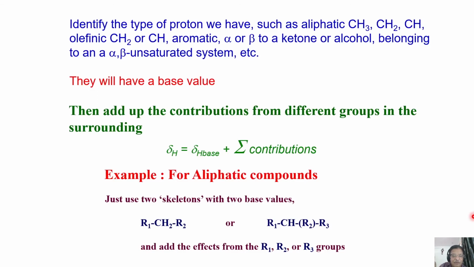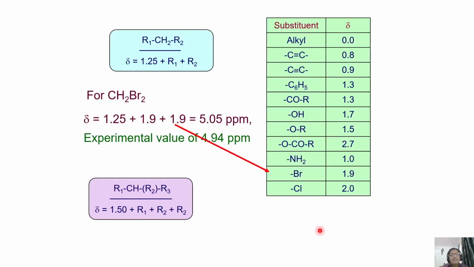If you go 3 to 4 bonds away, the effect is less. That's what we observed in several examples of chemical shifts when we were trying to understand what happens if we lengthen the chain like that, right? So if you consider at least 1 or 2 substitutions next to each other, we can get the chemical shift. Okay, this is a simple example. I'll give you 1 or 2 examples so that we don't have to go deep into these Schuller rules, but we should have the idea.